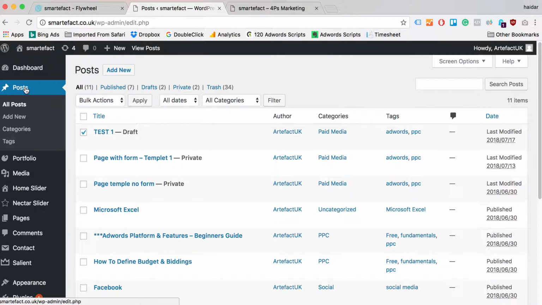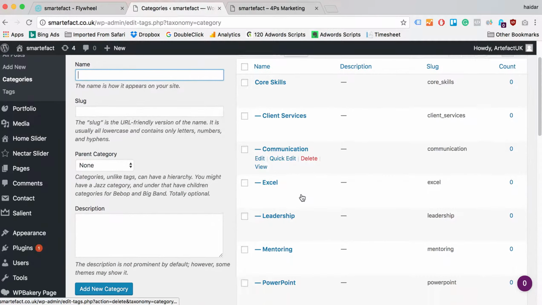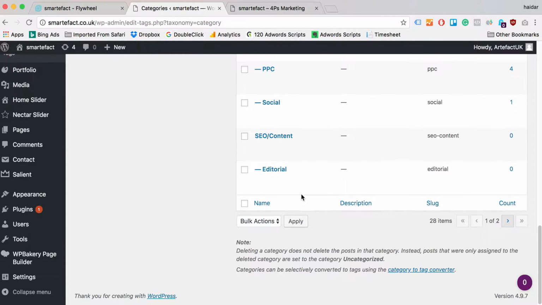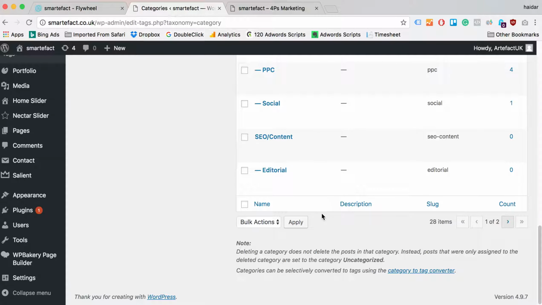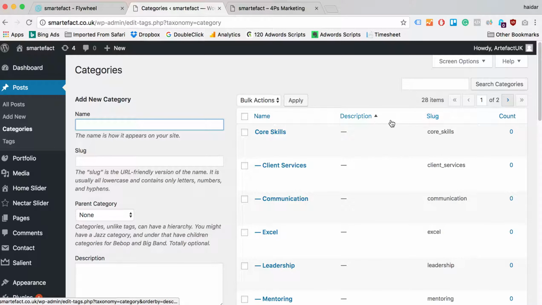If you select post, here we have category. If we select that, we come to a page where it allows you to create a category. As we see here, the existing categories that I've created are already on a page, and you can see multiple pages. In case you want to find the particular one you want, don't forget to go to the next page. So in this case, if we create test cat for test category,